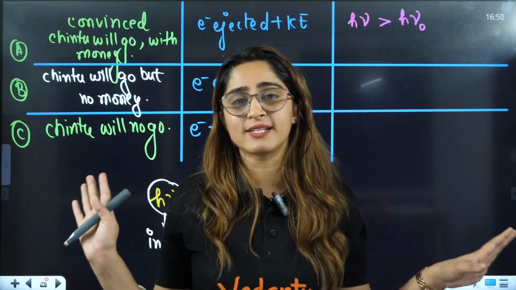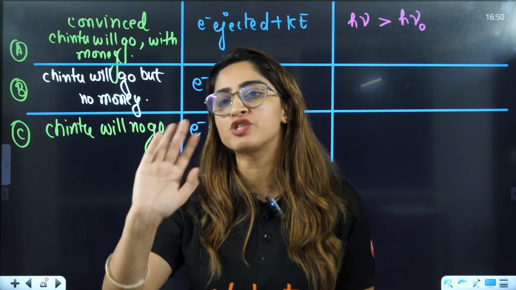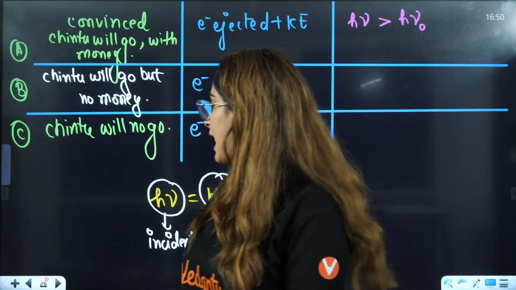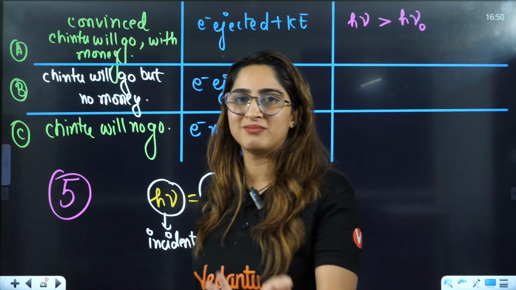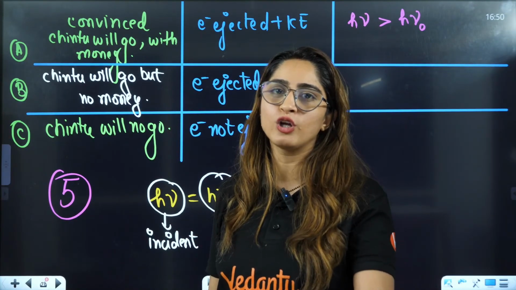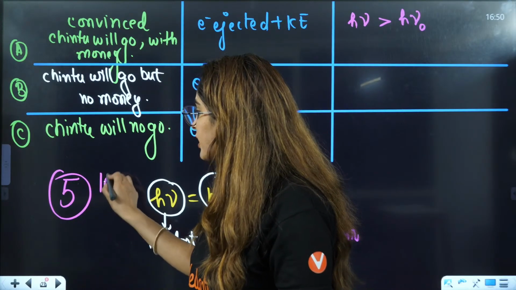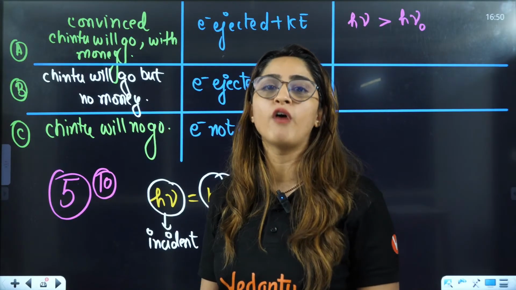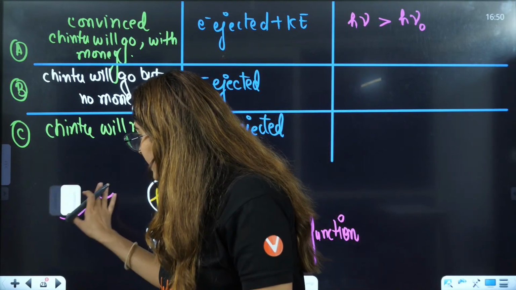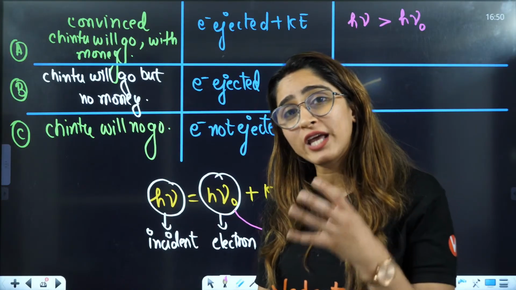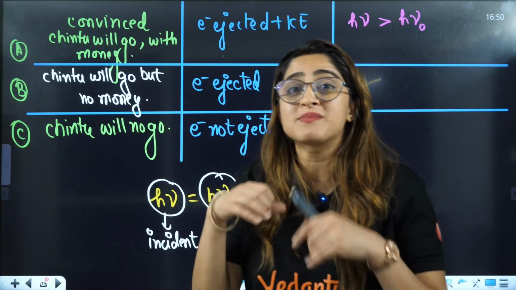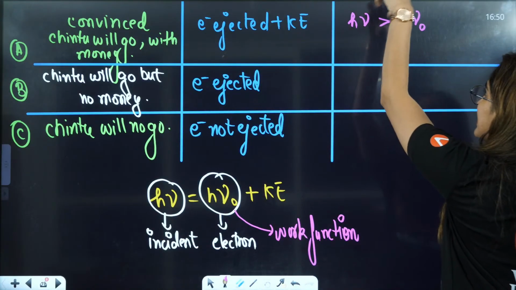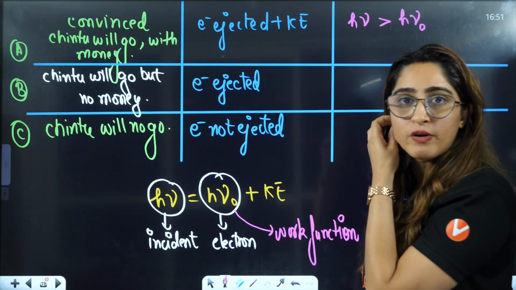for example, you are sitting somewhere and someone has given you 10 chocolates. Now I want you to get out of that chair. If I ask you, I'll give you 5 chocolates, you'll be like, ma'am, what? I'll not be on the loss side. You give me 10 chocolates or more than 10 chocolates, only then I'll move out of that chair. That means if you have to give greediness to someone, you have to give them something more than they already have. So if the incident light energy is more than hν₀, then the electron will be ejected